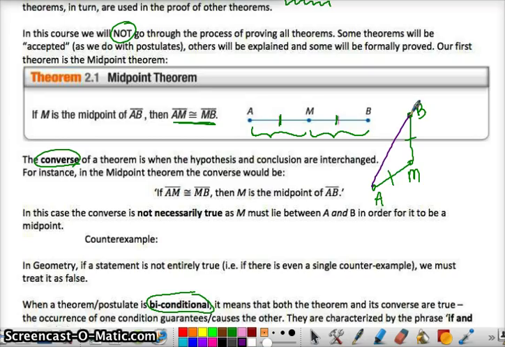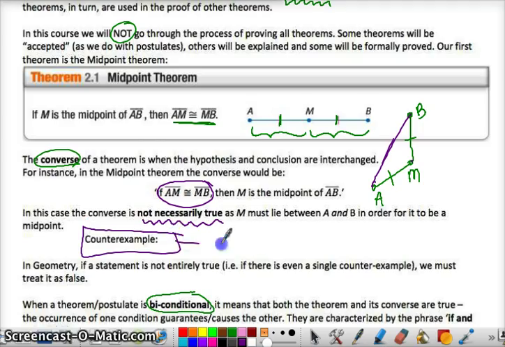This is false. So here's segment AB. I drew M that's not collinear because it doesn't say it's collinear. It just says those two segments are congruent. So converses aren't necessarily true, right? M must lie on segment AB, and I drew it so it wasn't on segment AB. We call that a counterexample, right? That's a counterexample right here. I drew it up here, sorry about that, but this is a counterexample to show that this is in